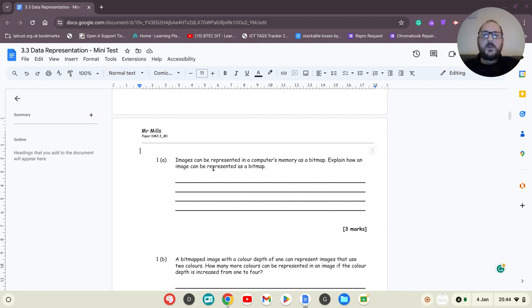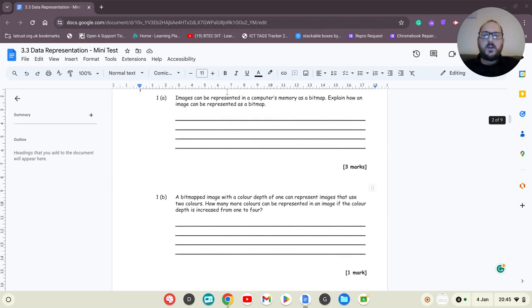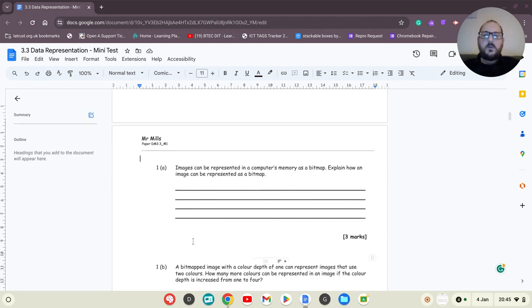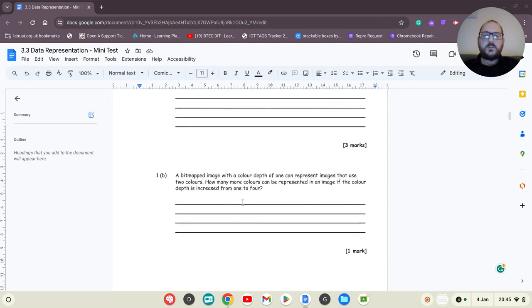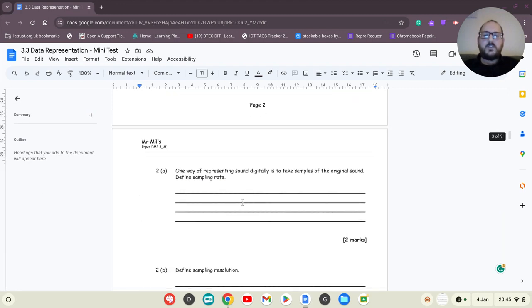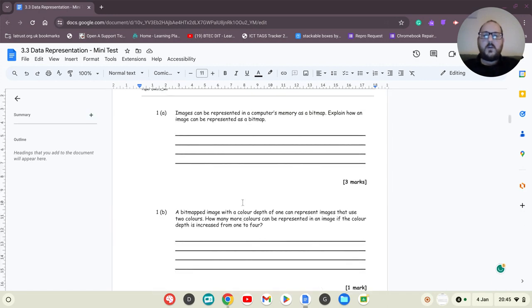Today we're going to be talking about using timers to help regulate students as they're working through a task. As you can see here, I've got a Google Doc with a set of questions. What I want to do is make sure the students are not spending too much time on these lower mark questions, so that they are encouraged to work their way through the exam paper or the task and tackle